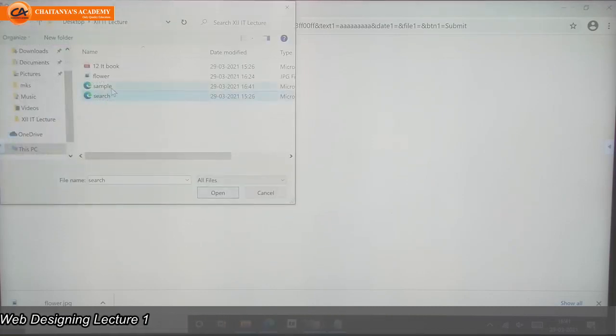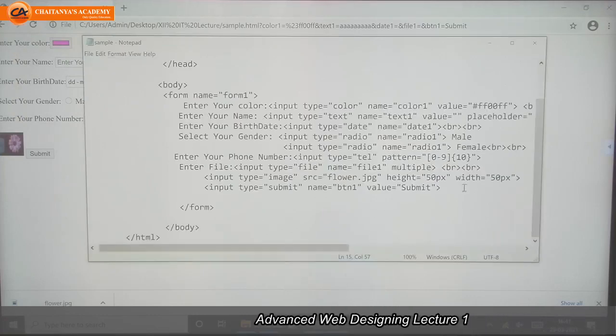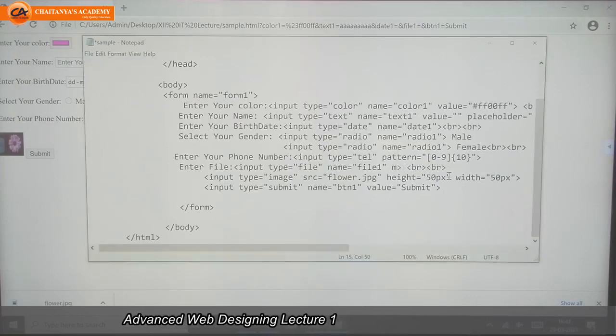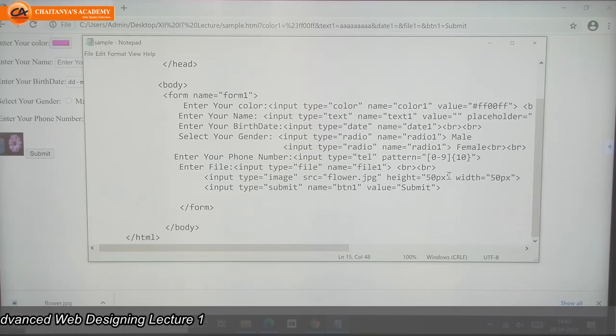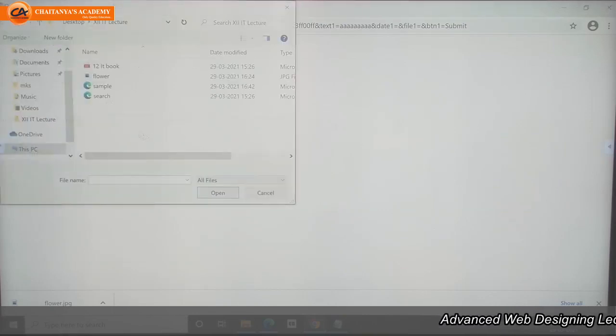Select. See, choose files. Two files. Automatically it came. If I don't write this one, choose file. This is a singular file. Choose file, either this or this.